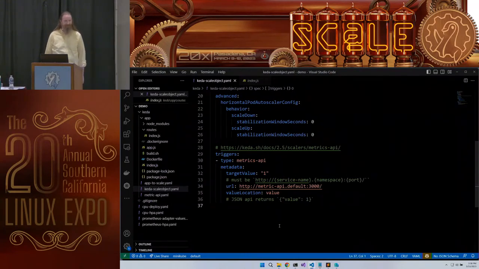I think I saw a question here. Is this an internal counter? In this case, yes. With KEDA, the cool part is it can query anything. So I might choose things within my cluster, I might choose things external to my cluster, I might choose something, say, like number of incoming requests.